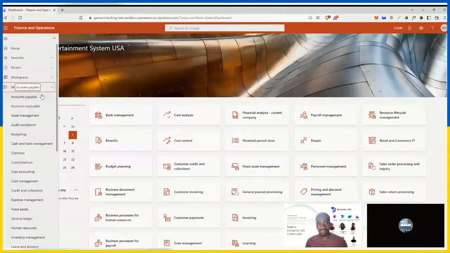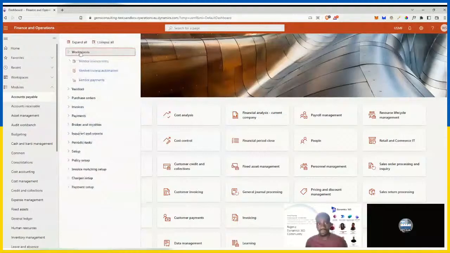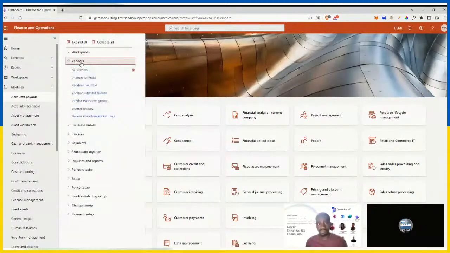So accounts payable, for instance. I can see different submenus like workspaces, vendors, purchase orders, invoices, and the rest of them. So when I click on the vendors menu, for instance, I get access to different menu items, and these menu items are entry points